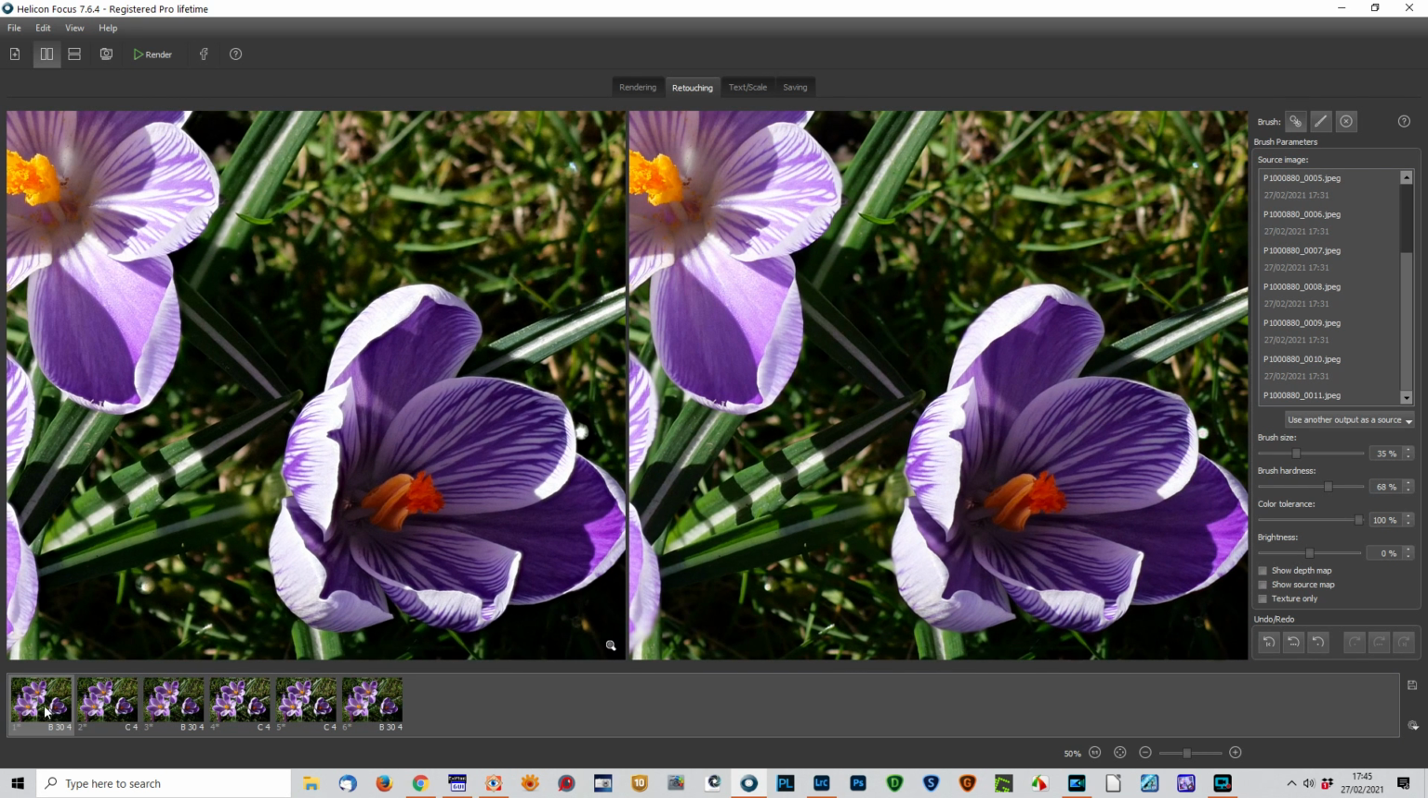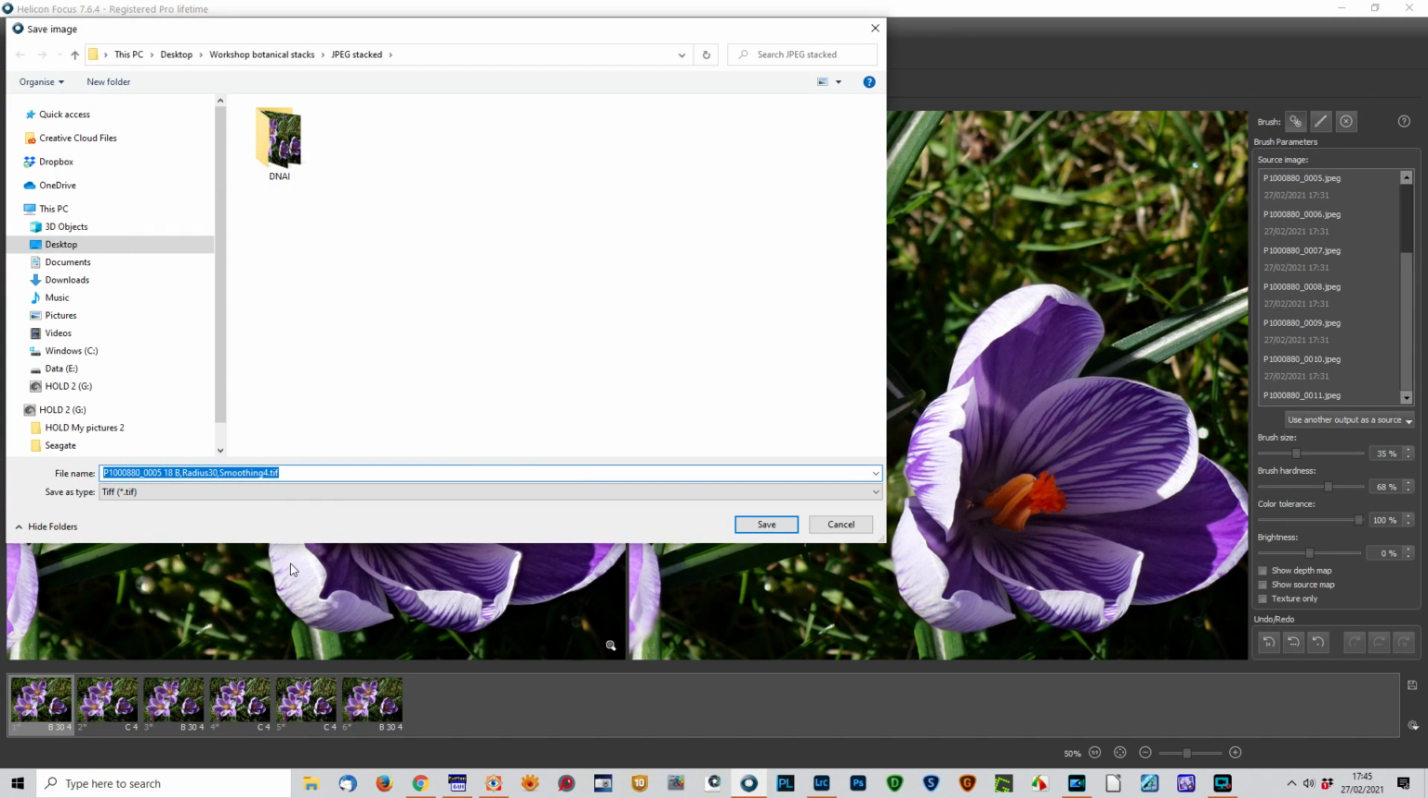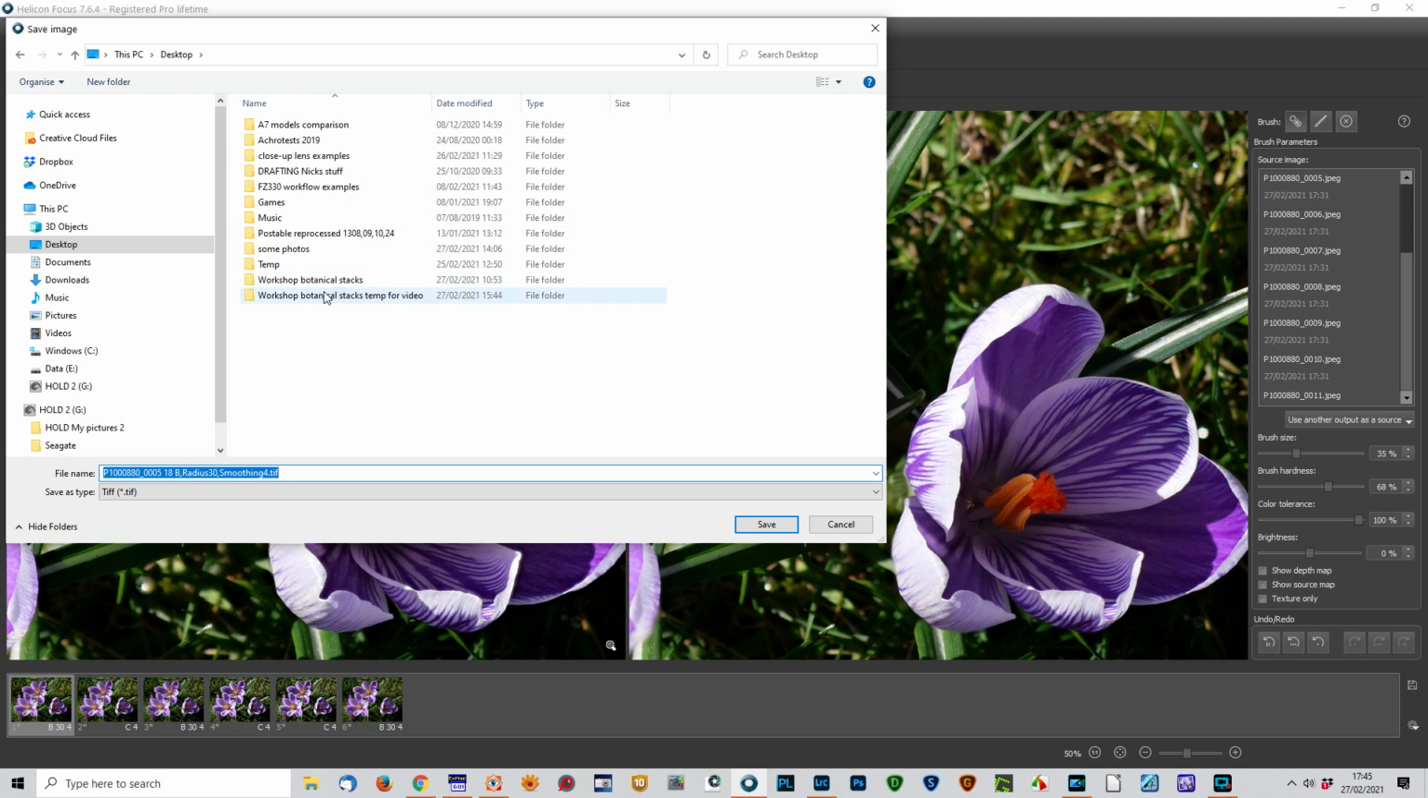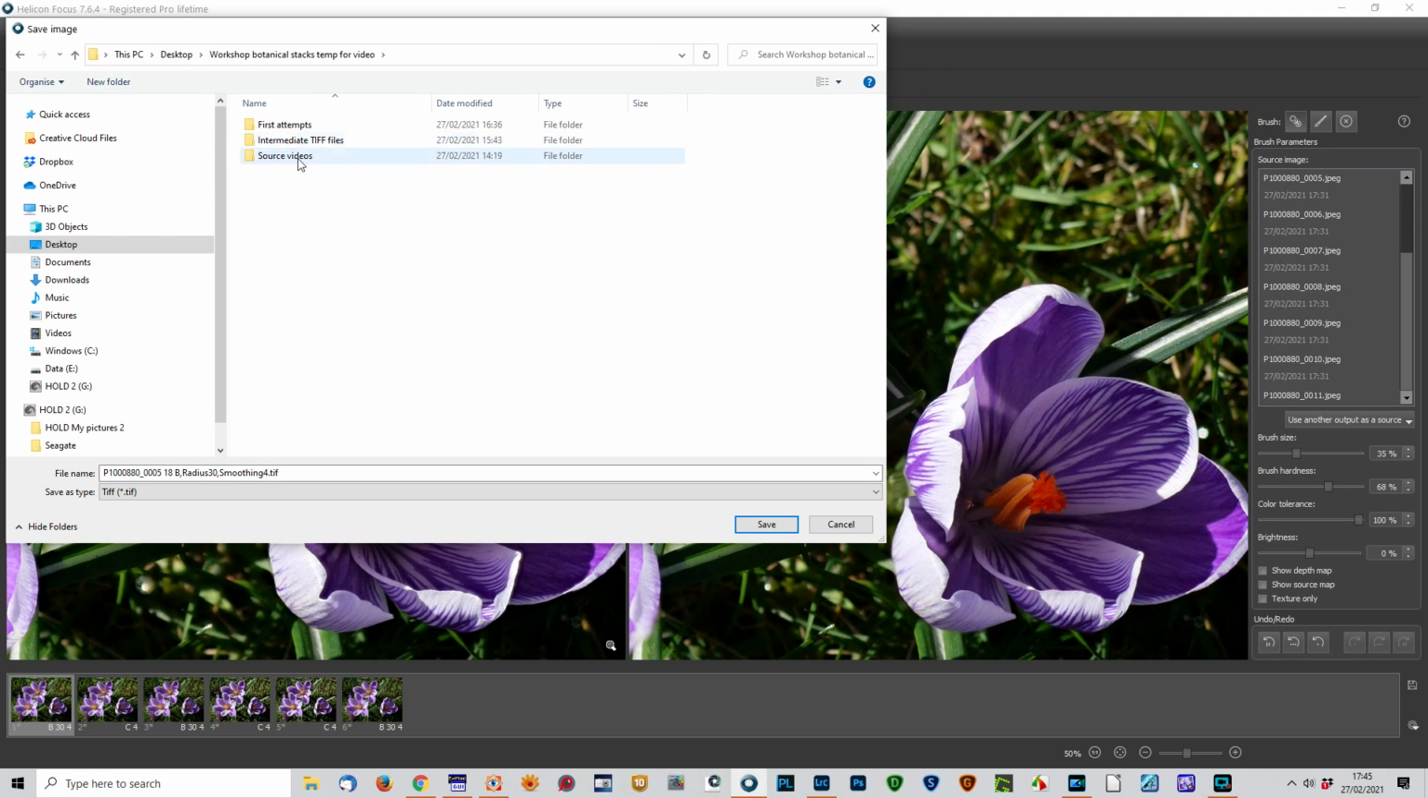In fact, what I'll do is this is the version that I'm going to save. So I'll say save, and I'm going to put it into here. I'm going to save it as a TIFF file for reasons I'll explain in just a moment. What I often do, this doesn't matter particularly, is shorten the name because these names can get very long because of other things I do to them. So if I save that as a TIFF file,